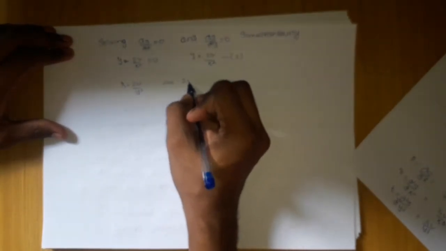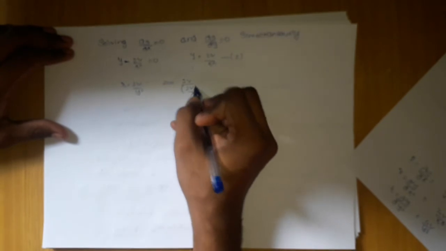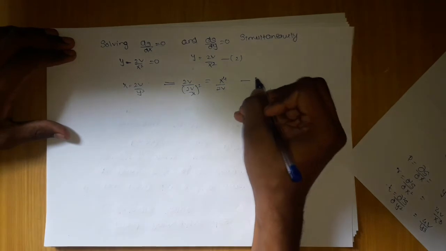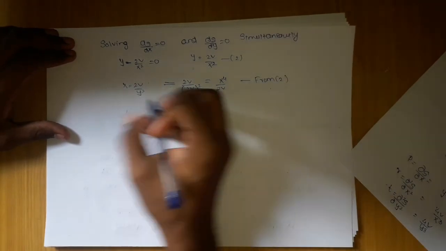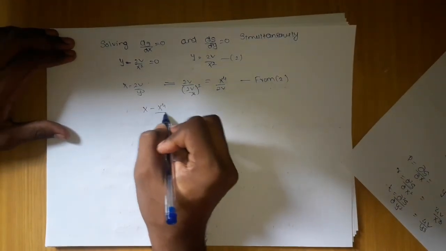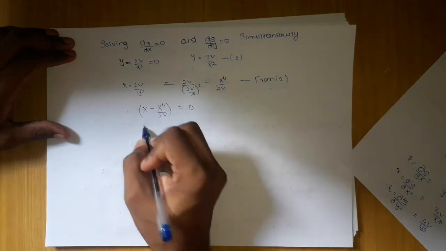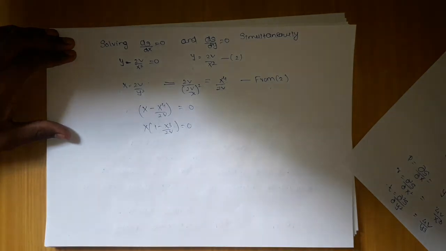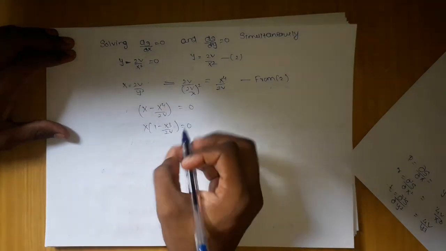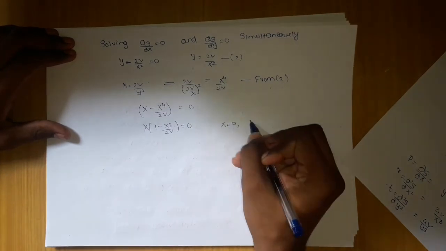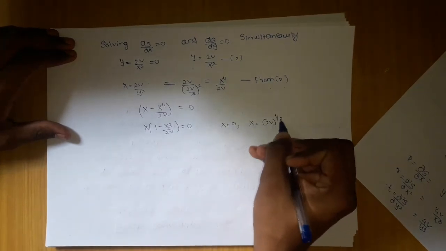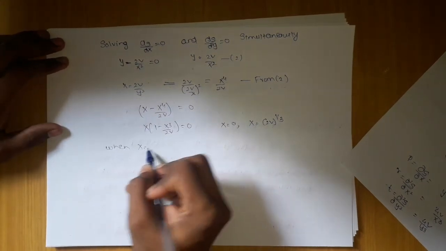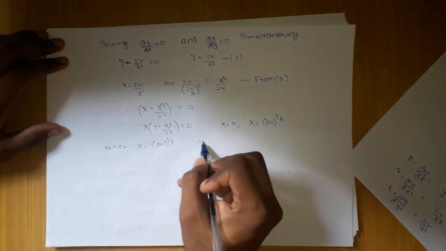What we are going to have is 2v upon (2v by x) the whole square, which will give me x square by 4 upon 2v, and what you will write from 2. After this you will take this here: x by 4, 2v should be equal to 0. You will take x out: 1 minus x cube upon 2v should be equal to 0. What you are going to get after this is very simple. You can see x equals 0 and x equals (2v) by the whole 1 by 3 are your two x values, and when you put x equals 2v power 1 by 3, you are going to get